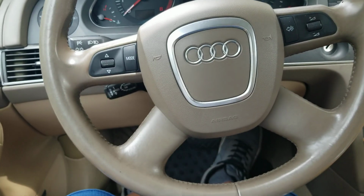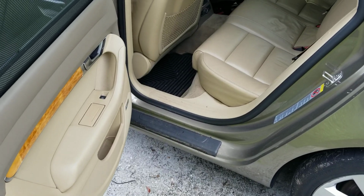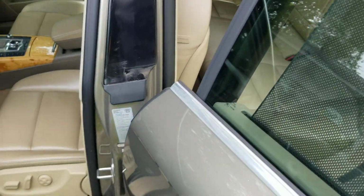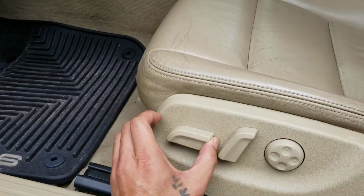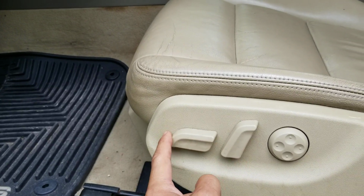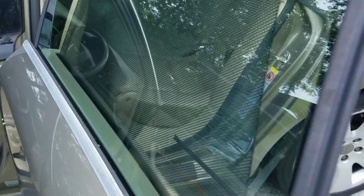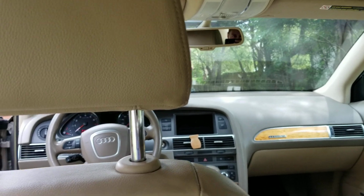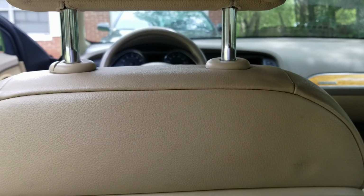Let me jump into the back seat and I'll give you an example. All right, as you can see, the seat's all the way back. Just for proof, this is forward, then all the way back. It won't go any more. And even with me being as long-legged as I am, I still got plenty of room here in the back. Got plenty of room for the head. I'm trying to catch it in the rear view there, but I can't. But I got at least another 3-4